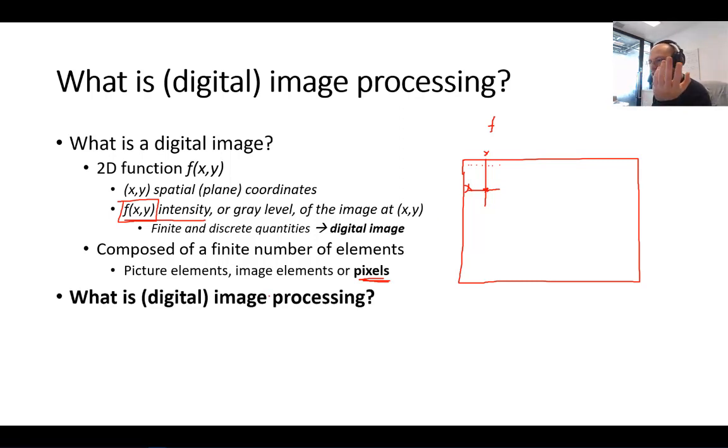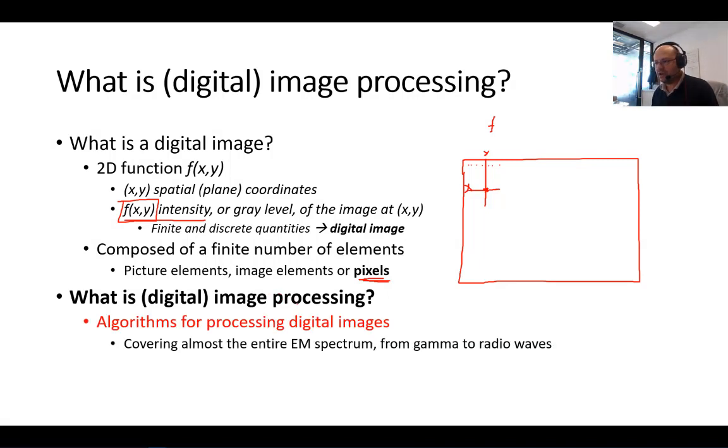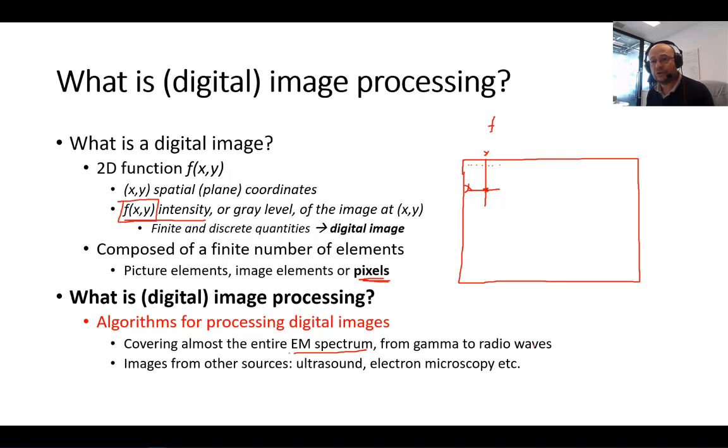All right, so what is digital image processing? It's basically algorithms for processing digital images. But now we can think about digital images on a broader sense, right? Digital images cover the whole electromagnetic spectrum, from gamma to radio waves, and also images from other sources, or not from visual sources, such as